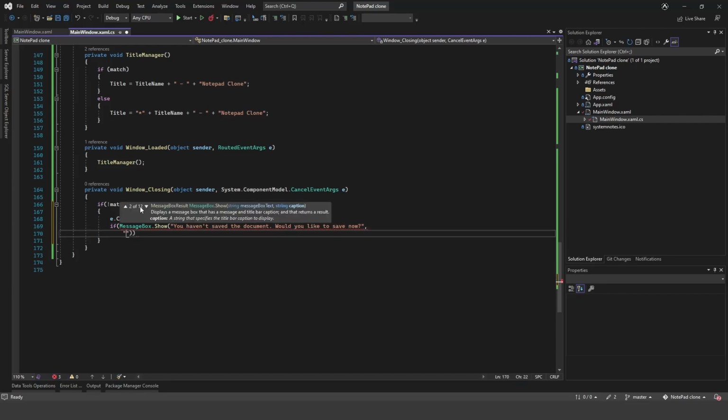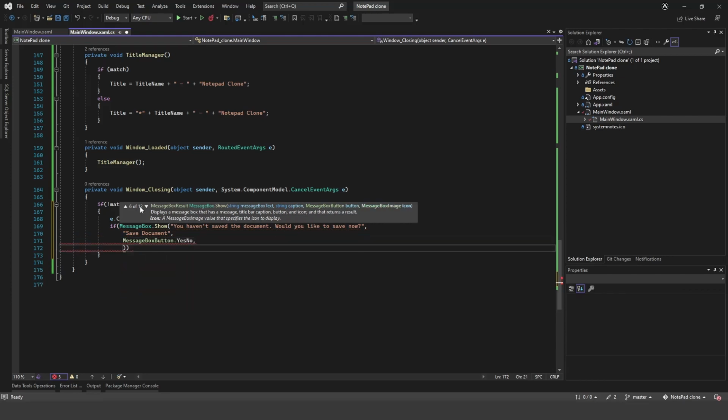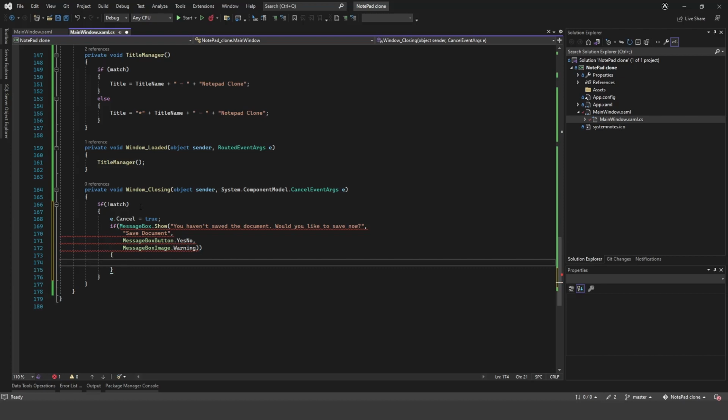And then we'll add a title, save document, and then we'll do button, message button, yes, no, and we will add a message box image, warning. Oh, actually, no, then we need to put equals, oops, it needs to go inside there, equals message box result dot yes,